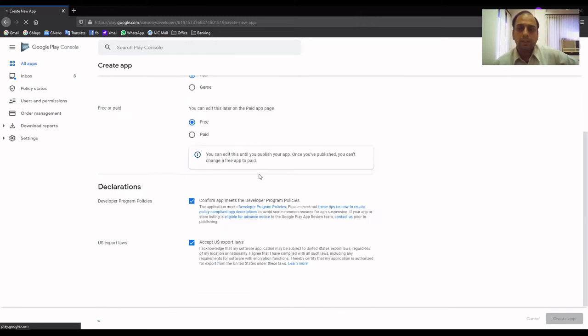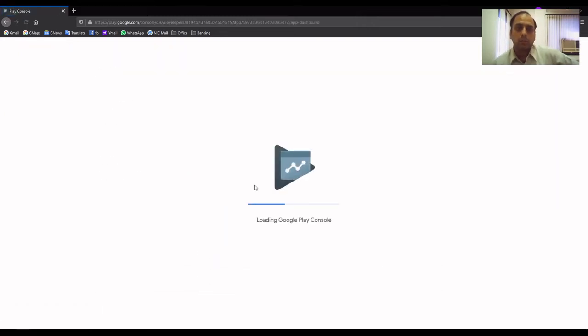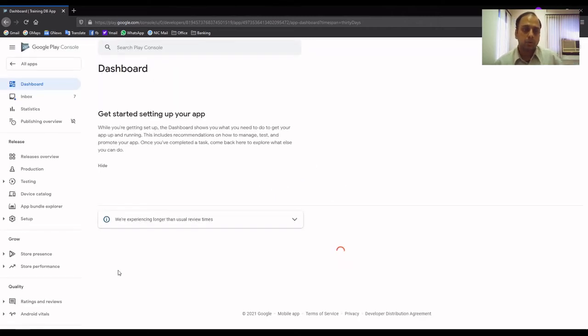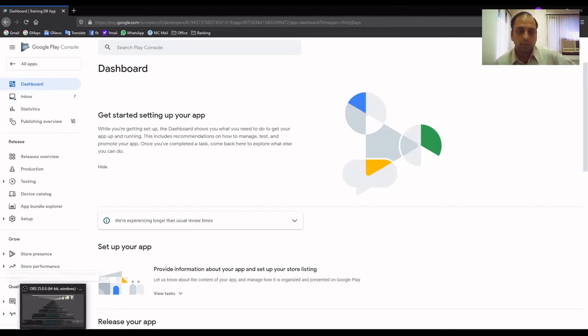Once you create this app, you will need to answer some more questions. These questions will be used to classify your app, whether it is child friendly or not, and Google Play Store is going to sort your app according to that.